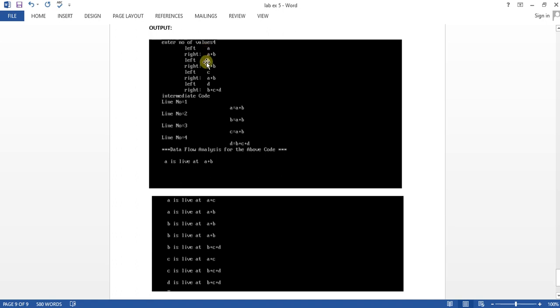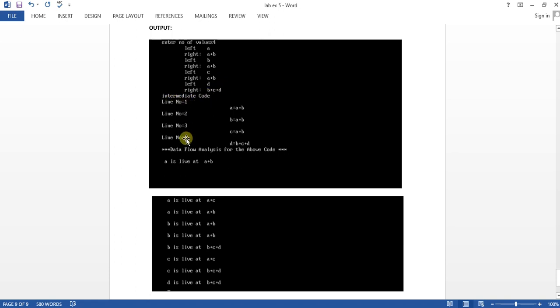First left value a, and on the right side a plus b, then left value b, right value a plus b, then left value c, right value a plus c, then left value d, right value b plus c plus d. Actually there are 4 expressions: a equal to a plus b, b equal to a plus b, c equal to a plus b, d equal to b plus c plus d.